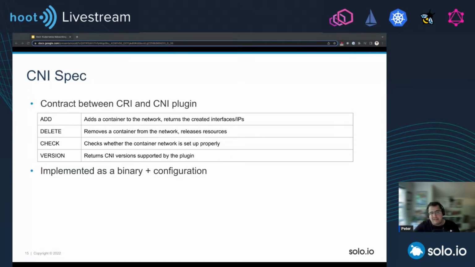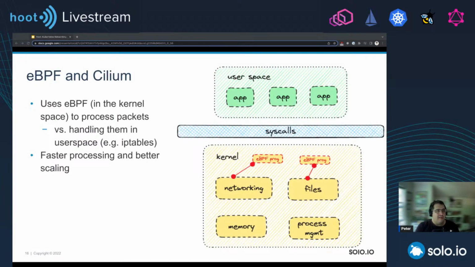So CNI plugins can also be chained. One thing that I want to bring up here, if we go to the service mesh world a little bit, there's also the Istio CNI plugin, right? That's not a replacement. The Istio CNI plugin is just one of the plugins that will get called in the chain of plugins. And what that specific CNI plugin is going to do, it configures the iptables rules for the sidecars, right? So it is a CNI. Yes, it's a CNI, right? But it's one that can be chained. Right? All right, so we're almost at Cilium.